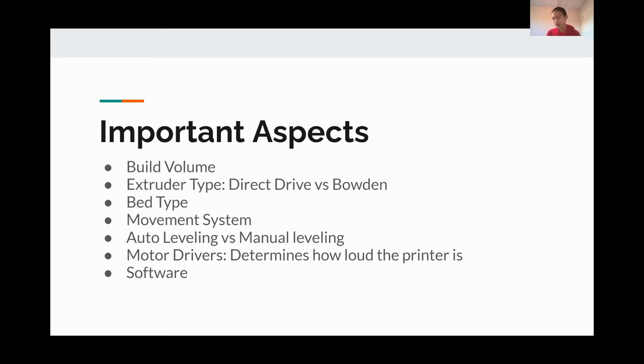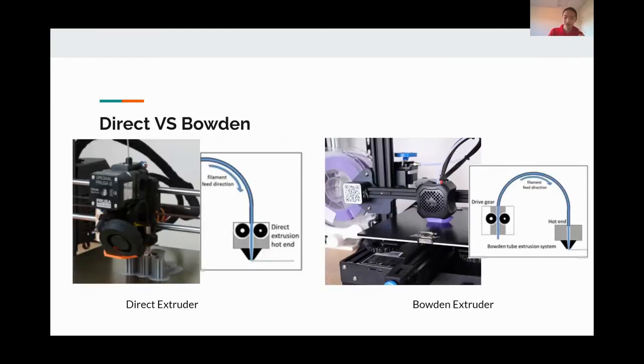And so the next thing we use to judge a printer is extruder type. There's two main types of extruder: direct extruder and Bowden extruder. The one we looked at earlier was a direct extruder. The driver gears that push the filament through the nozzle are directly on the extruder part, which contains the nozzle and the heating block. The direct extruder also has the part that pushes the filament into the heating block and out of the nozzle. And then a Bowden extruder has